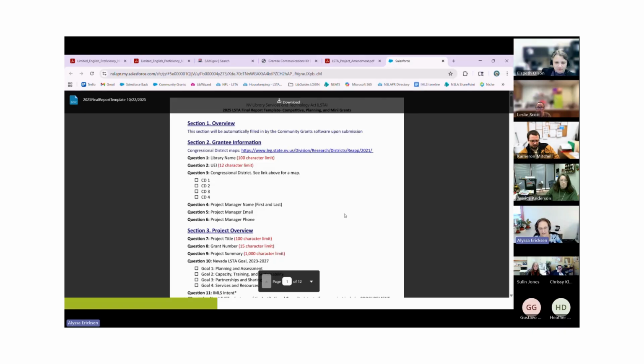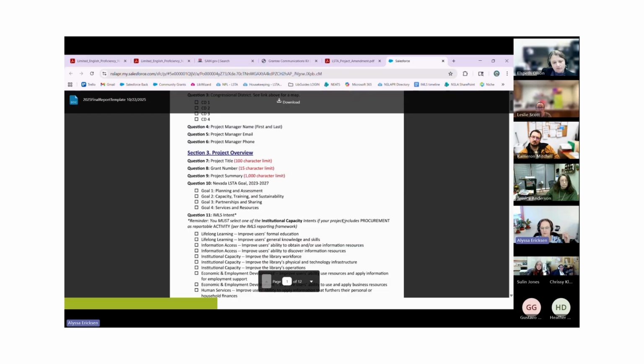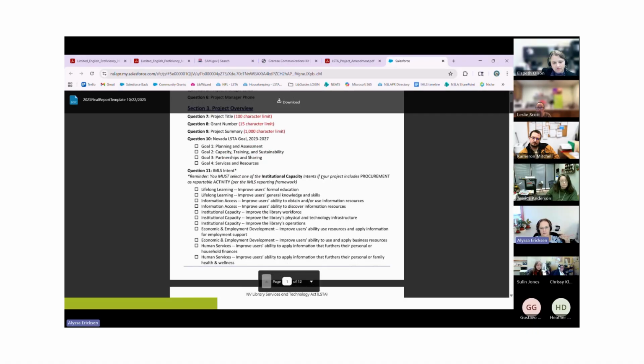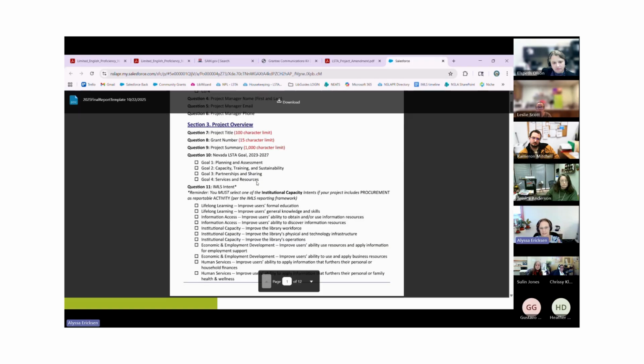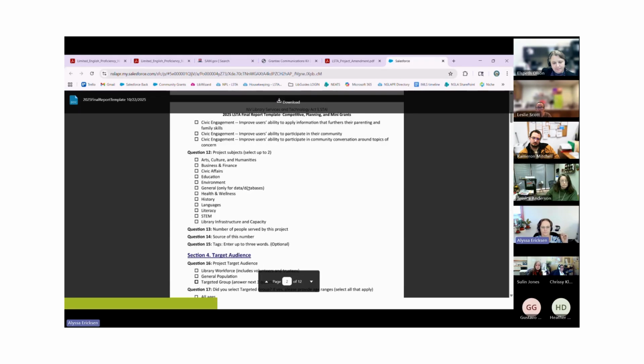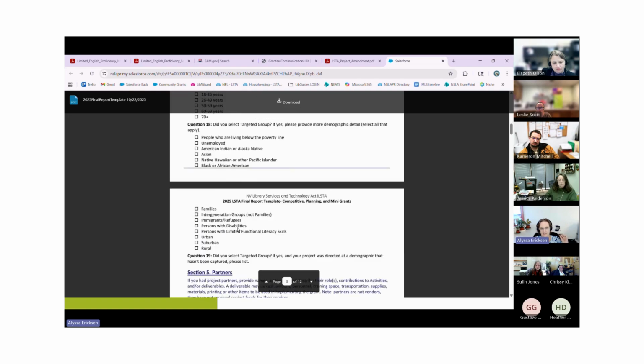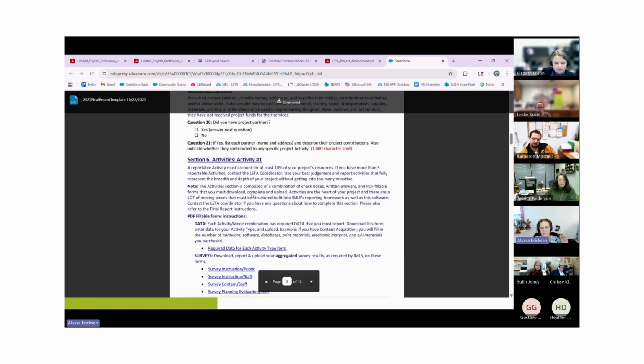The reason we have you do that is because it helps to aggregate the data. It keeps it all in one location. We just had a cyber attack and our files don't need to have this in there. We want to have it in the portal and then saved into our files so that things are duplicated and we have a good retention of our records. So the final report contains basically the same thing that your application did. Project overview, you're going to choose what IMLS intent, what LSTA goal you are meeting, the subjects of your projects, who your target audience is, any partners that you've used,